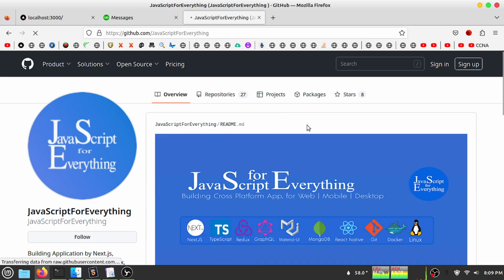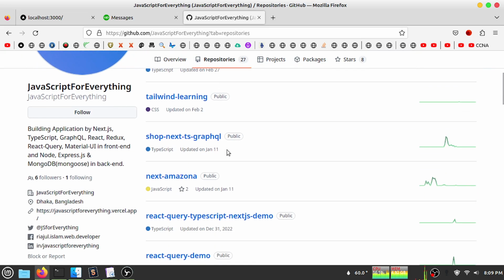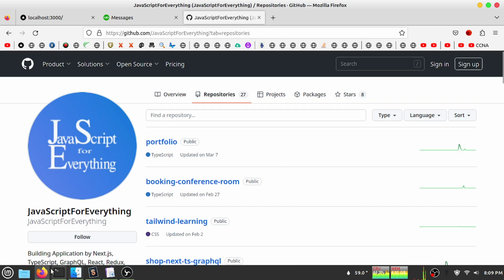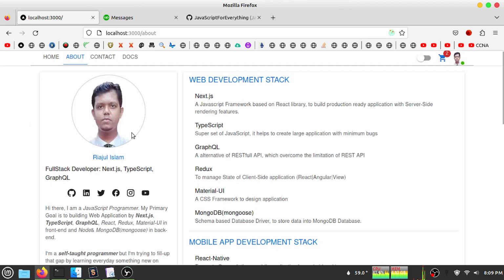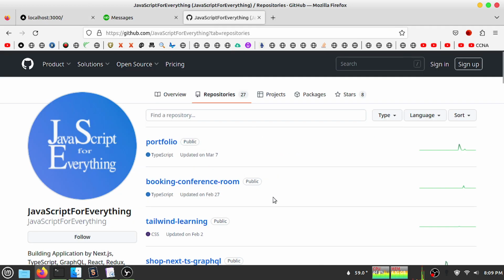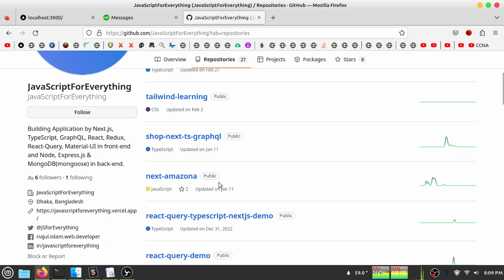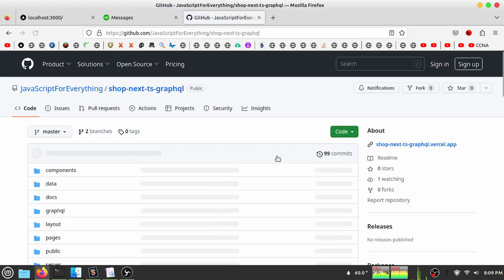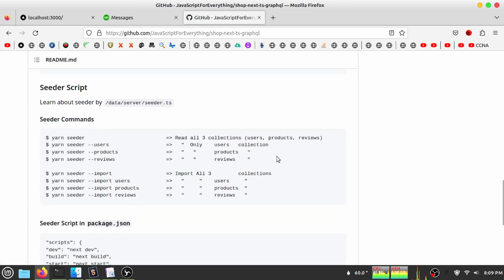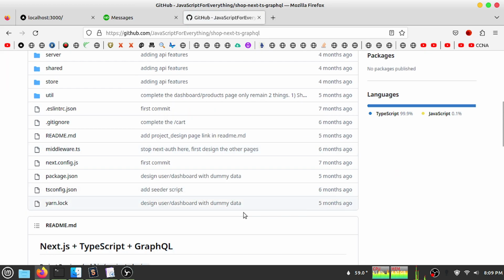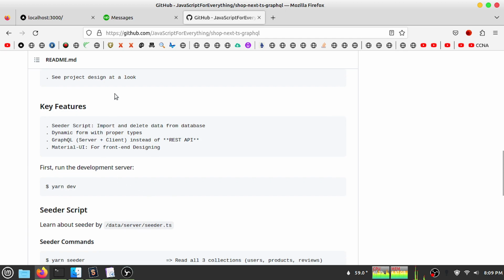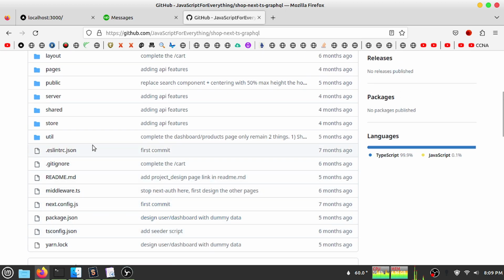This is my GitHub page. You can see the repository, and this project was next Amazona. That means this project is this one. I did not edit my pictures, but if you go to the documentation,